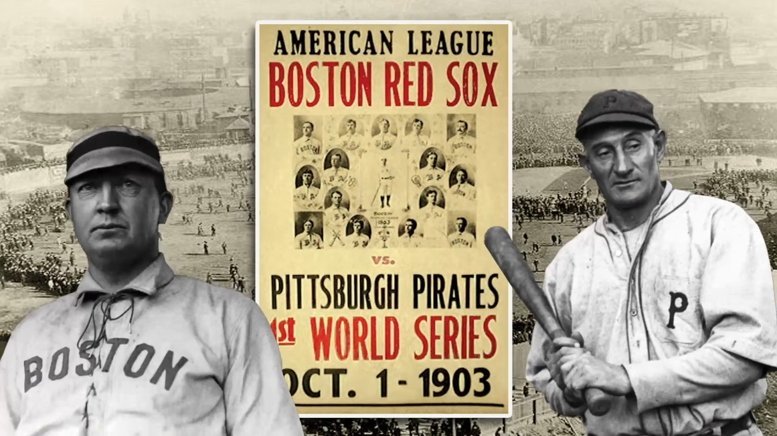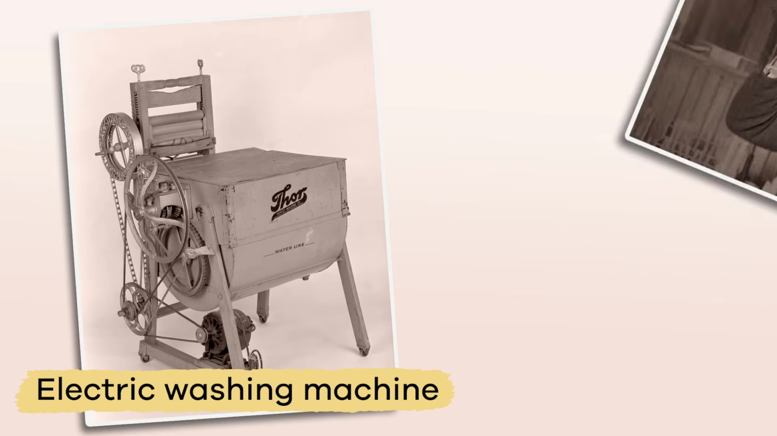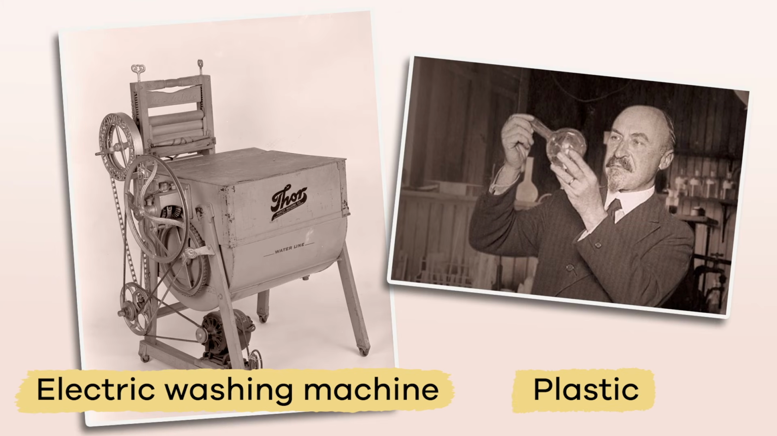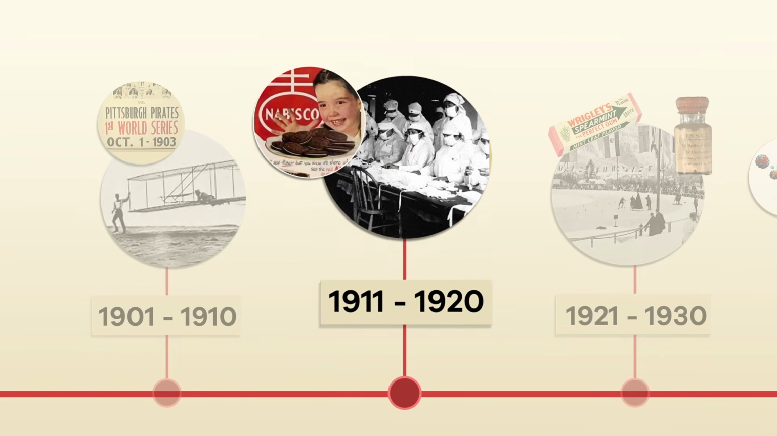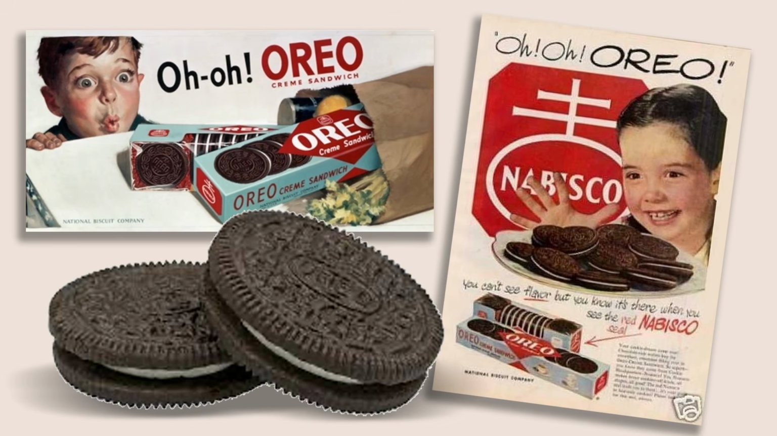Are you a baseball fan? The first World Series took place the same year that the Wright brothers took flight. Cool, right? Inventions like the electric washing machine and plastic were also created during this 10-year period. 1911 to 1920. The second decade of the 20th century brought us amazing things like the first Oreo cookie, traffic